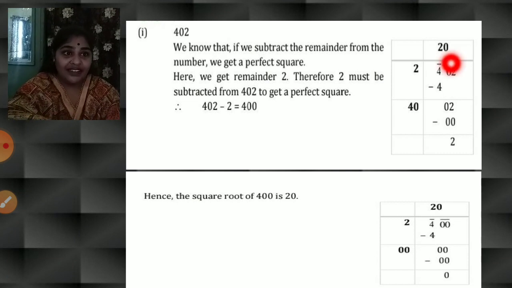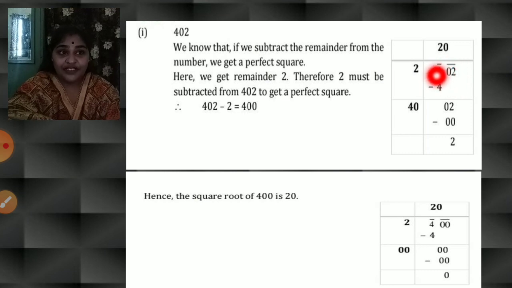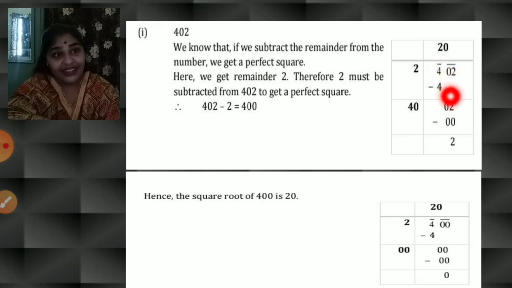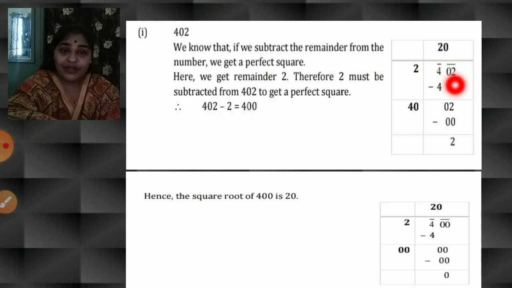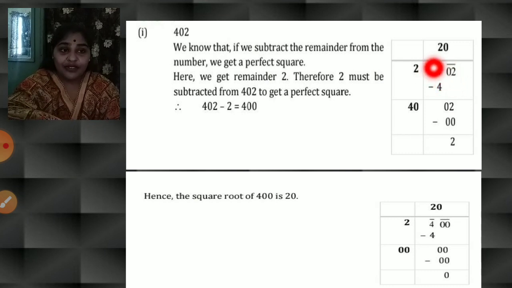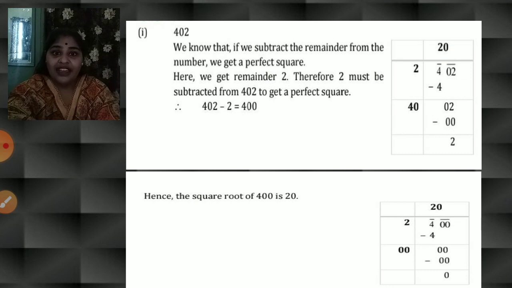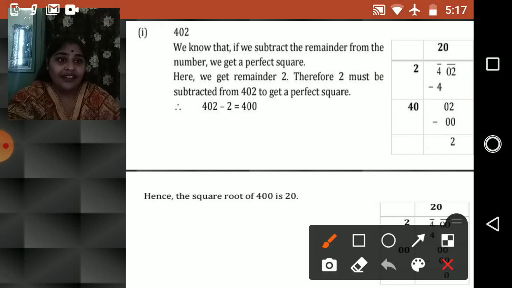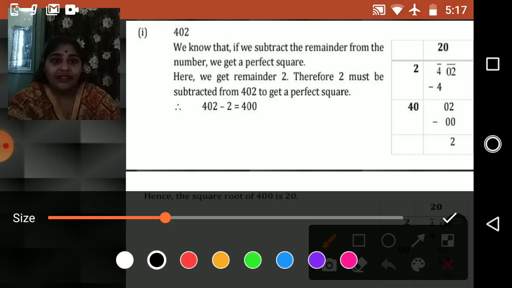Now when we start here, that is 402, from ones place, first we will start pairing it. So 02 is one pair and leftover 4 is here. So we will concentrate on the first number, that is 4. So I know it is 2 2s are 4. So I will take 2 2s are 4. Now here, children, 1 minute.